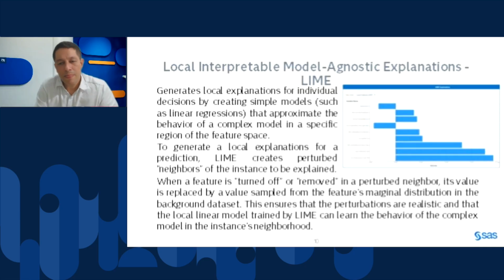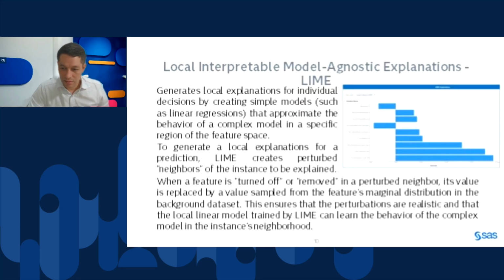And then I feed these similar samples to the original model and collect the response. And with this new synthetic data set, I can create a linear regression. In this case, LIME uses lasso penalization to avoid the increase of the coefficients.